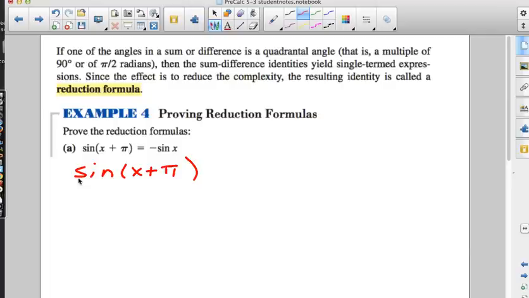And that's because sine will always go sine, cosine, cosine, sine. And then you put these two in for each one of those. So it'll be sine of x, cosine of pi, cosine of x, sine of pi. And then with sine, you get to keep whatever sign there is between these two. So this one will be a plus. And then you realize, wait a minute, cosine of pi. If I go out to pi,